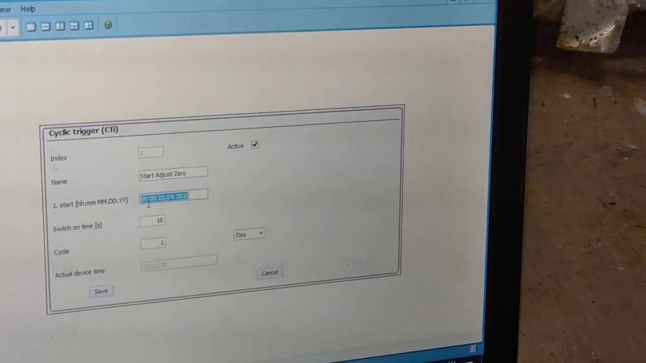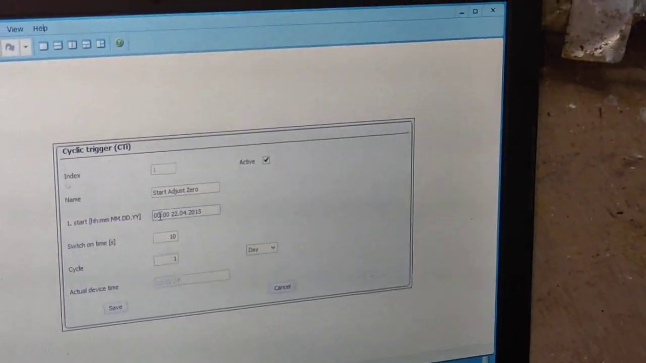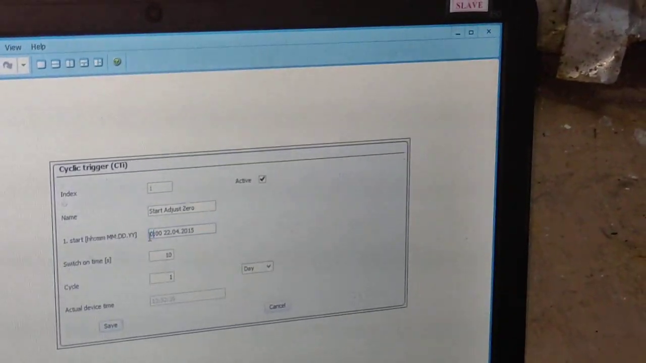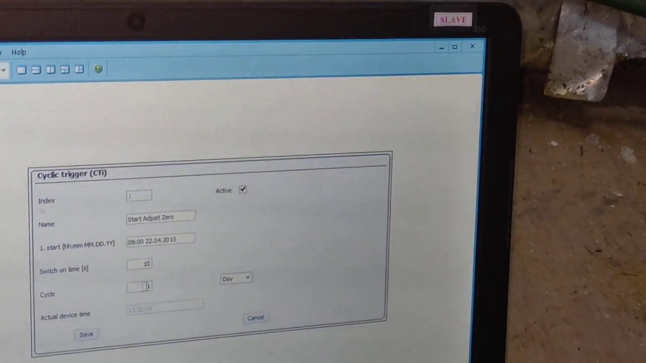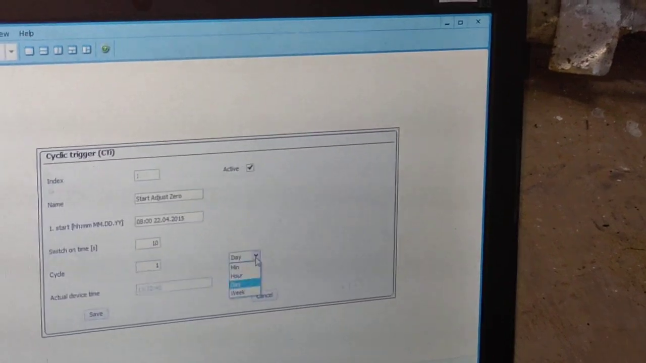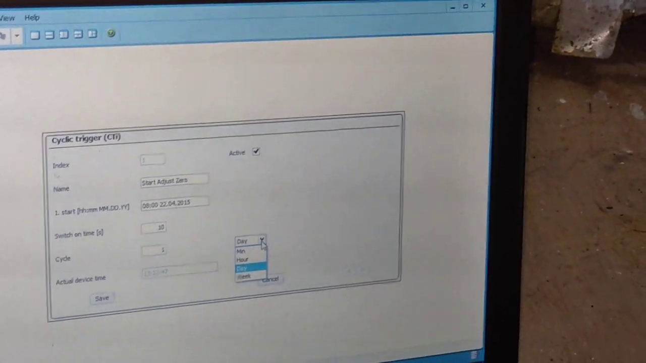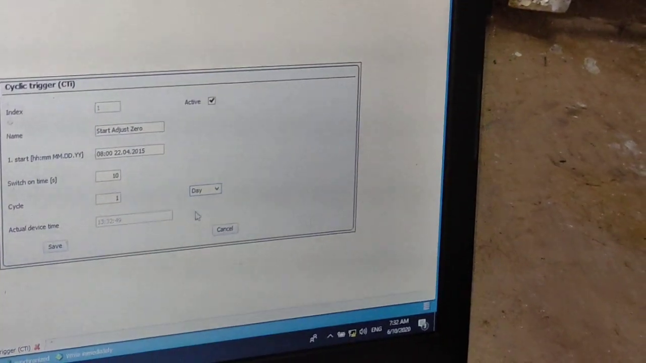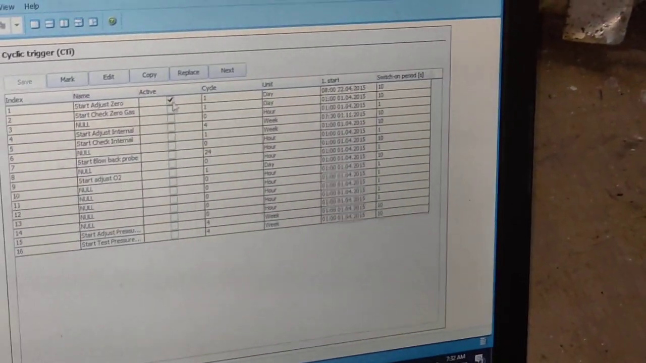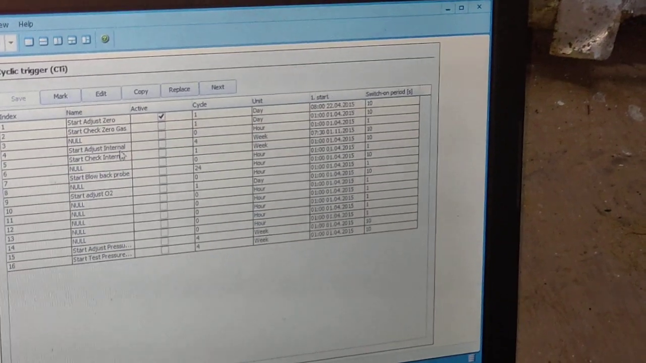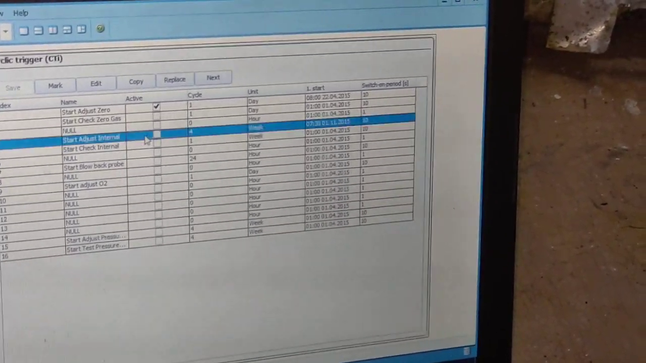This time you can change. This time you can put 8 o'clock also. Then cycle also you can change, weekly, hourly and daily. Then save it. Now you can see zero adjustment is on, and internal adjustment,